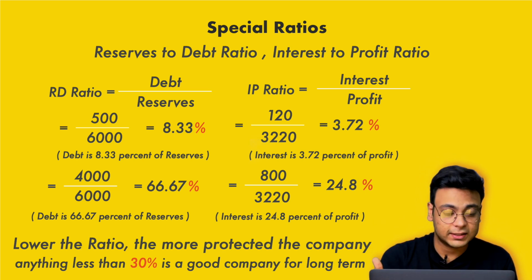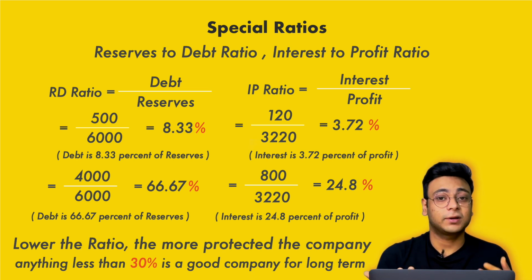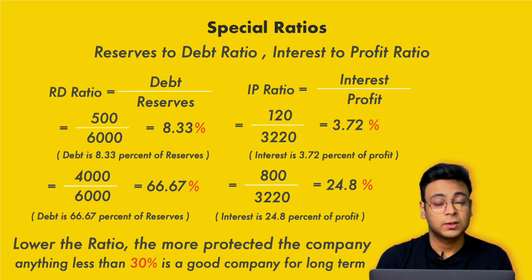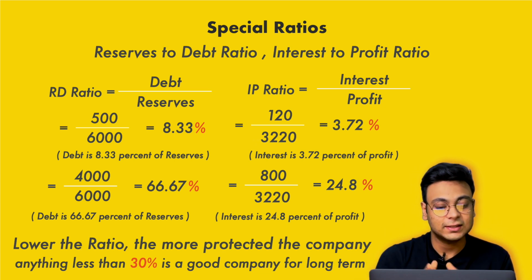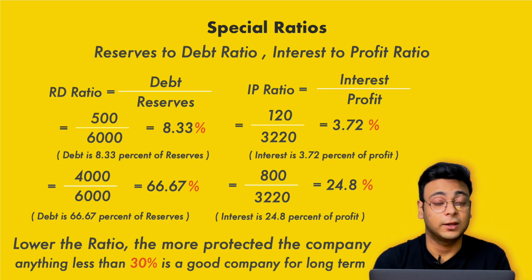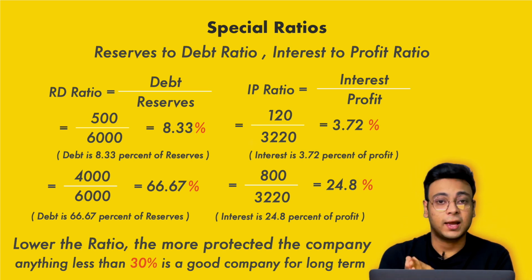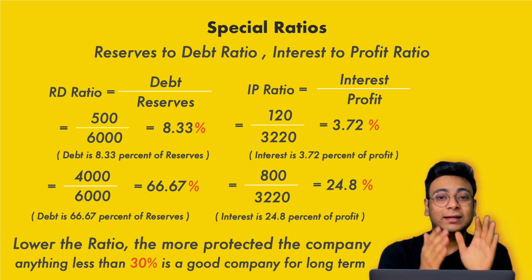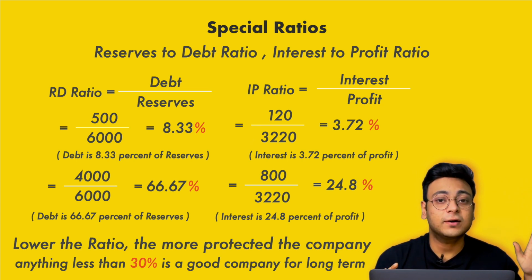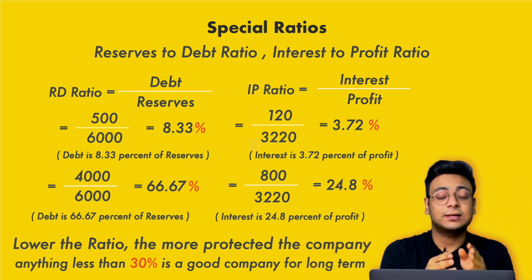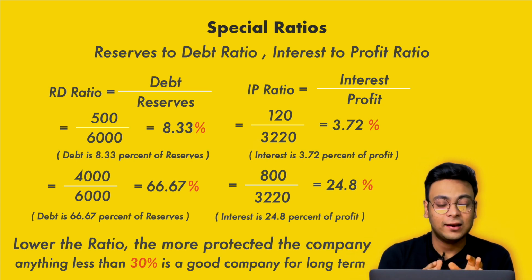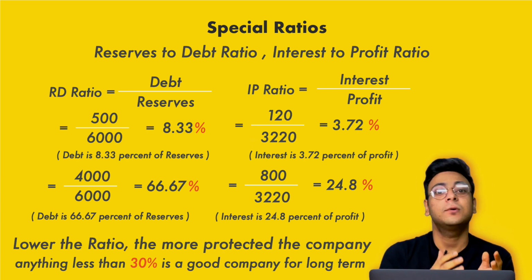Similarly, if we see another example, let's say the company now has 4,000 crores of debt and the company's reserves is 6,000 crores. So if we do the calculation again, here we can see that the company's debt is 67% of reserves. This would be a bad company. Why? Because if the ratio is much higher, like the percentage is much higher, then it would be a sign that the company has a chance of going bankrupt. Like what we covered in the balance sheet of the company, this is a snapshot of that given to you in a ratio format. Just by looking at the ratio, you can tell whether the company can be invested in for long term or short term.